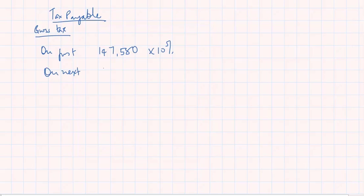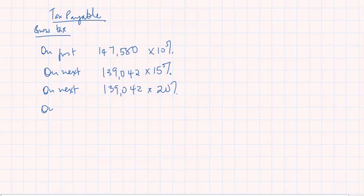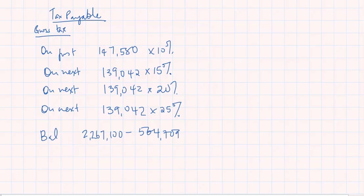On the next 139,042 at 15. On the next 139,042 at 20. On next 139,042 at 25, and then the balance will be taxed at 30%. So what's the balance? The balance is 2,267,100 minus 564,709. This 564,709 is the summation of whatever you have already subjected to tax here. So the balance is 1,702,391. So the balance of this is taxed at 30%, which basically gives us